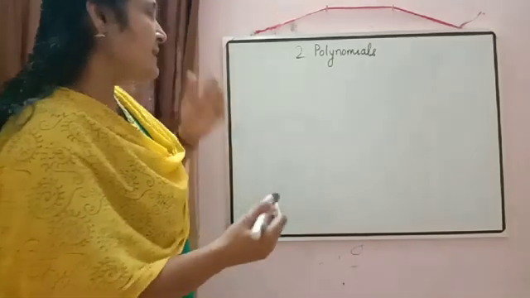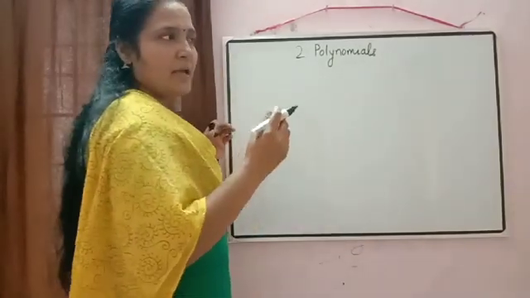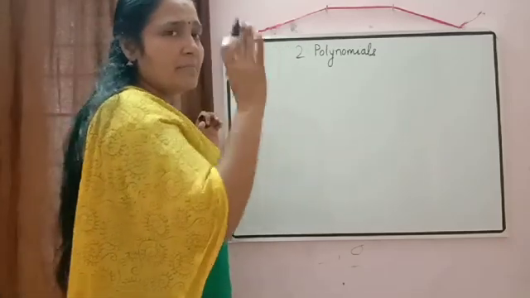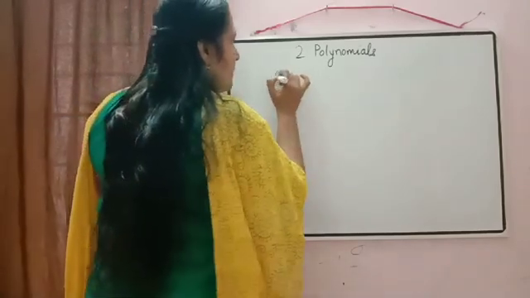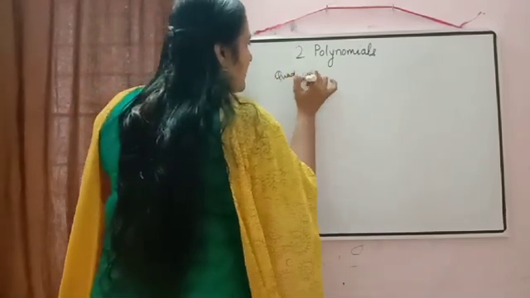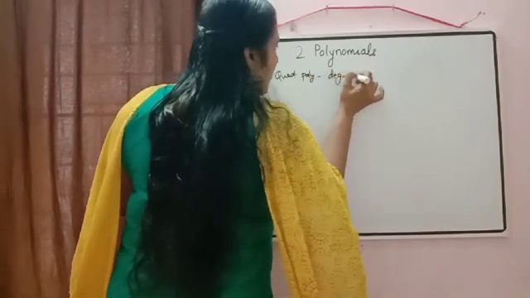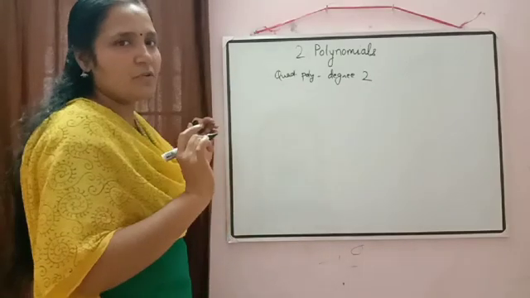As we know, we are discussing quadratic polynomials, and whatever is the degree of a polynomial, it will have at most that many zeros. What is the degree of a quadratic polynomial? Yes, its degree is 2. So how many zeros will it have? Yes, it will have at most 2 zeros.